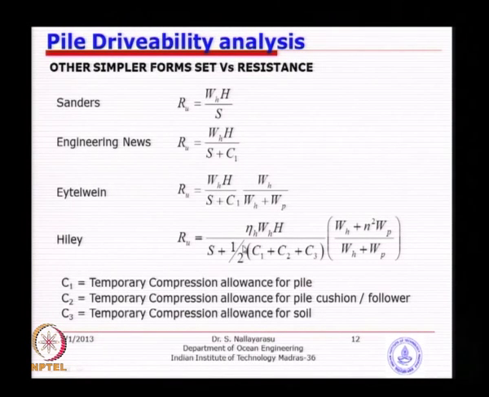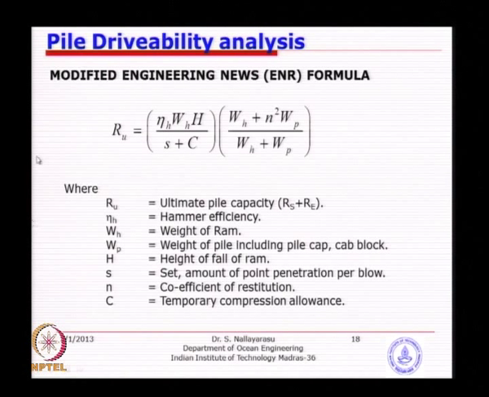The most famous one was actually the engineering news formula, which most people used in the earlier days, like the 70s, but there is also a modified engineering news formula. I think hopefully I have it. I do not know whether I have it. Yes. So, this is the original form: WH times H multiplied by hammer efficiency, like what we are using nowadays,